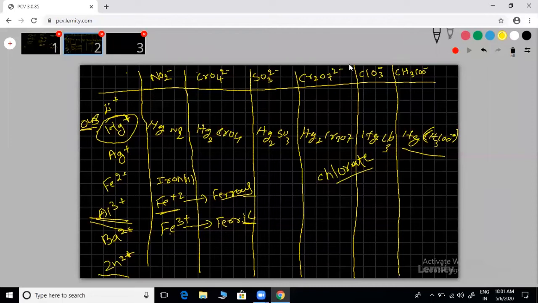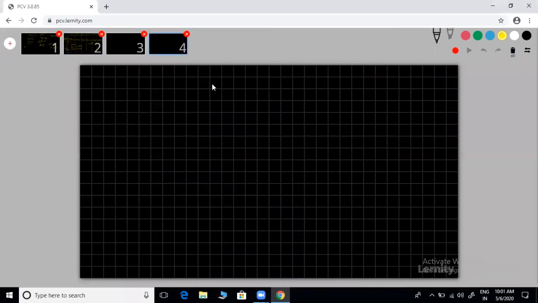Mercuric nitrate is wrong. When you have tried mercuric nitrate, mercury is +2 oxidation state only. Mercurous is correct. Mercurous means ous, the spelling will come. Spellings do not matter here. I told you in the very first class, I am a chemistry teacher, not an English teacher. Keep in mind, at least you know formulas more than enough. For us, just ABCD is more than enough to crack the JEE exam.